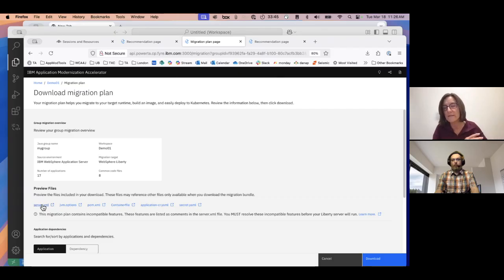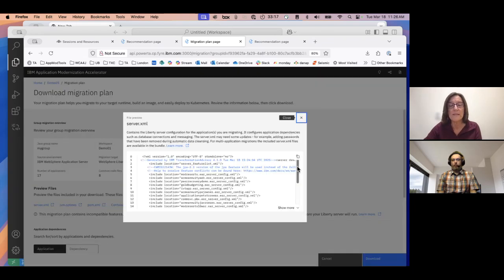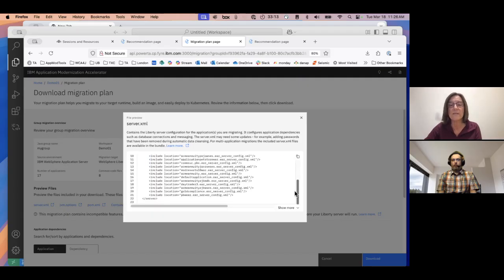You don't have to have access to all of the source code. You don't have to have access to the development teams, but instead we're analyzing the runtime environment, extracting out all the configuration around that application or set of applications, and then converting that configuration so that it can be deployed in the new environment. So you can see I have a bunch of different applications in this case that are